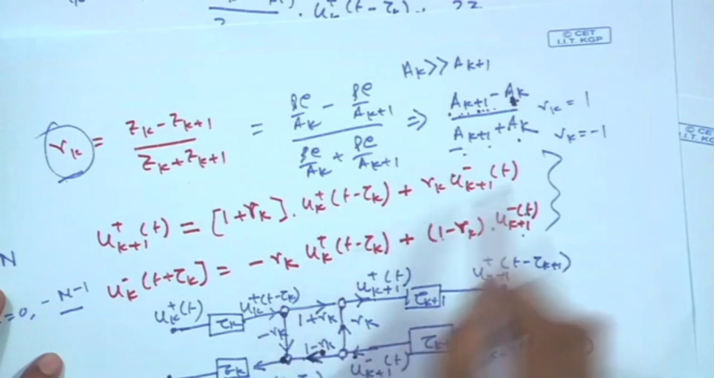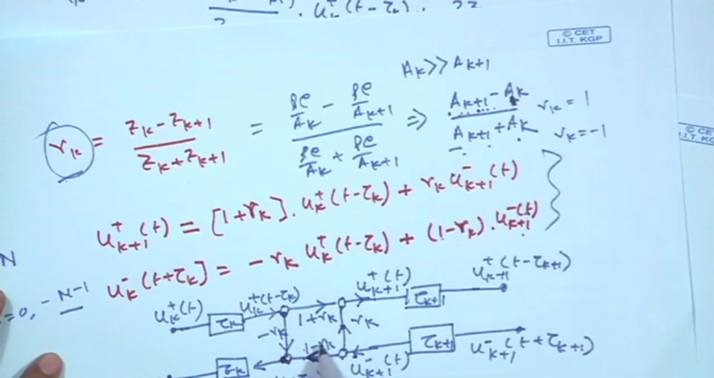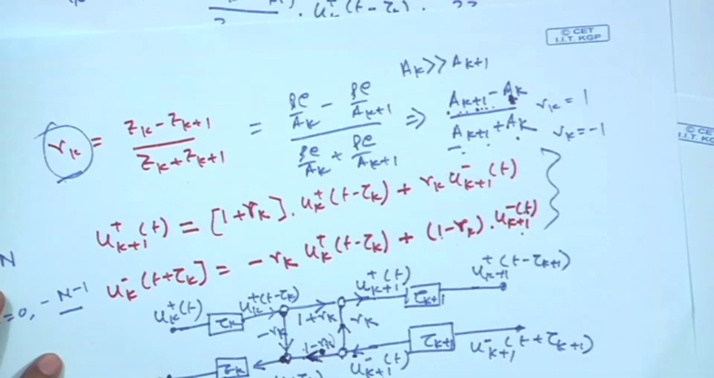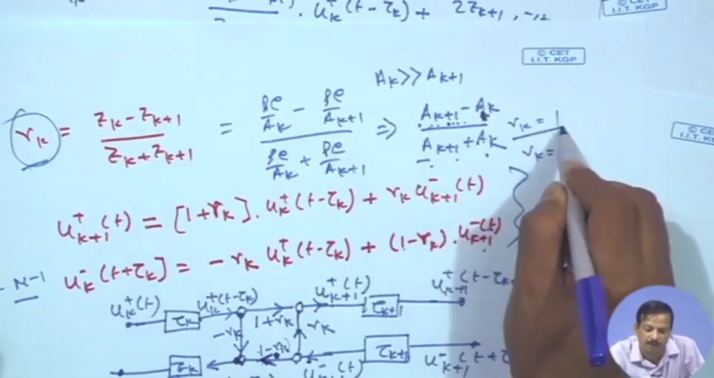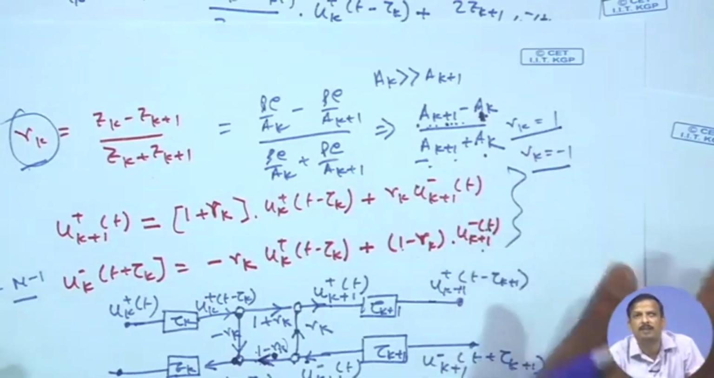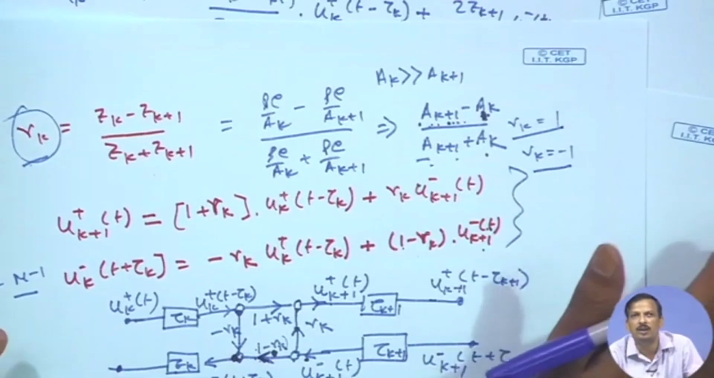Okay. If r k is minus 1, then 1 minus r k is positive, so it is 2. So, the maximum value of r k will be either plus 1 or minus 1. So, you can prove that the maximum value of r k will be plus 1 or minus 1. Now,